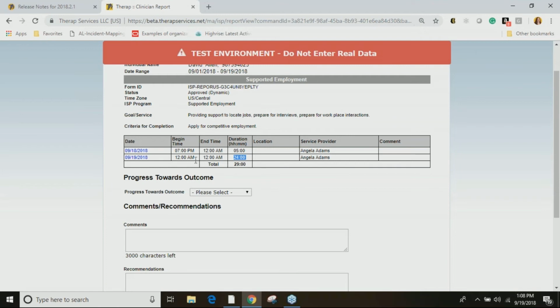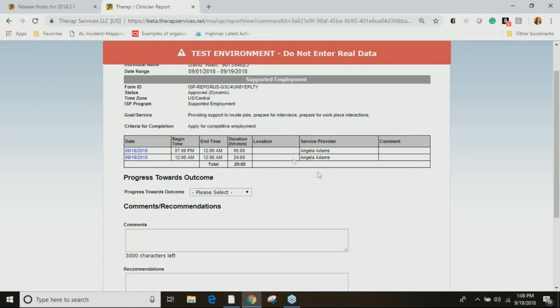Anybody that was doing this before, if you go look at your clinician report now, that's going to say 0. But starting after the release, so September 30th, October 1st, this is going to be 24 hours, whether that's in one of your ISP data reports, like the clinician, or one of your HAB checklists. It's also going to carry over to billing that way as well.